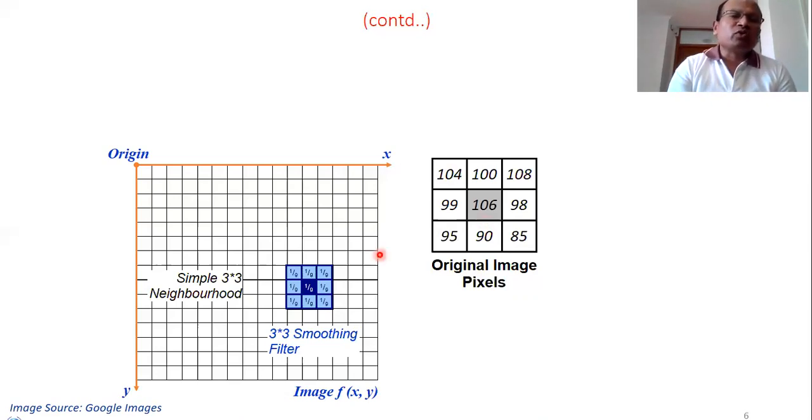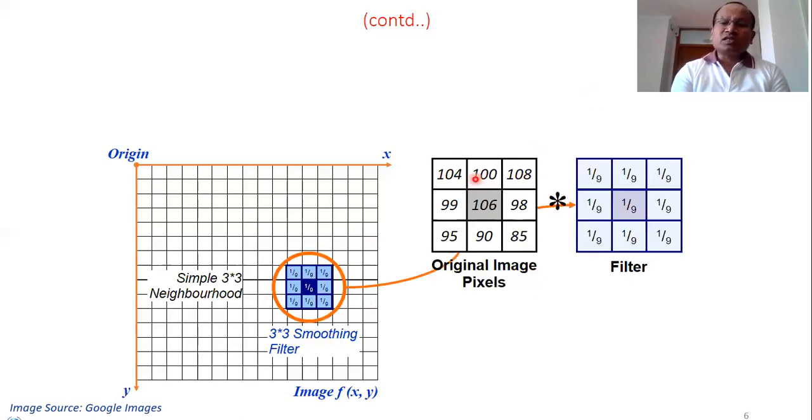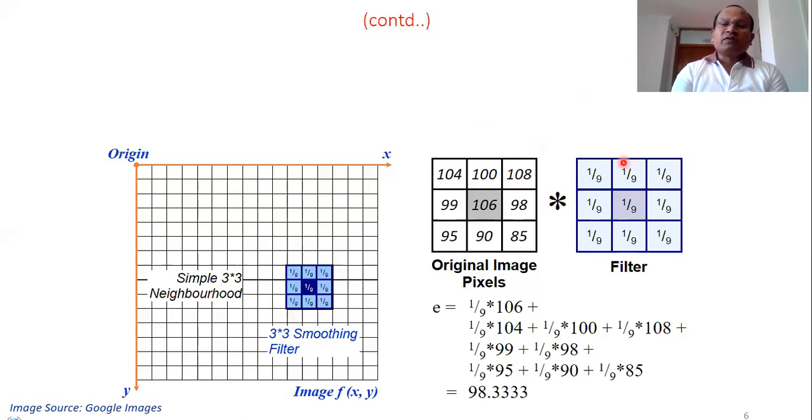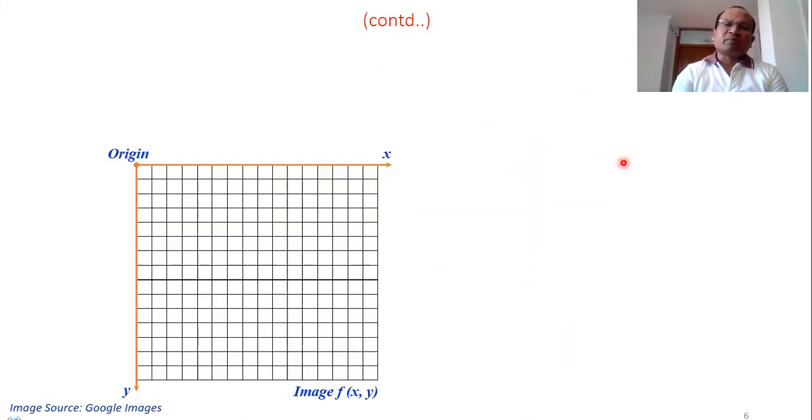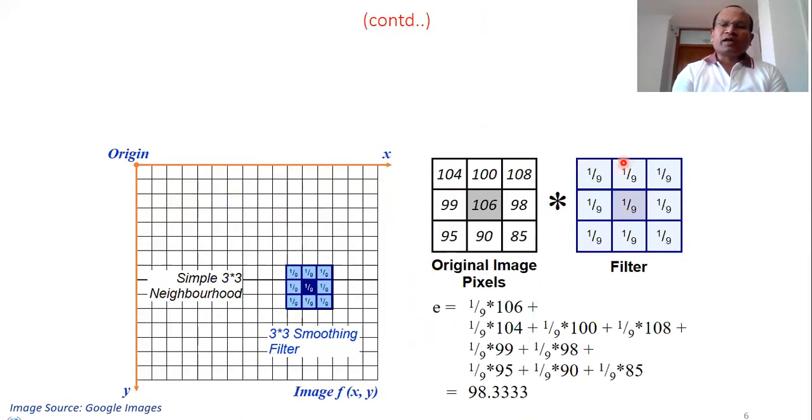So what we are choosing, you look at here, 1 by 9, 1 by 9, 1 by 9. Here all are the same values, but we can choose different values as well. So we are applying a 3 by 3 smoothing filter. The original image is this one. Now this is our filter mask. So if you calculate by using the last expression which we discussed in the previous slide, and apply this, we'll get a new value for this particular pixel.